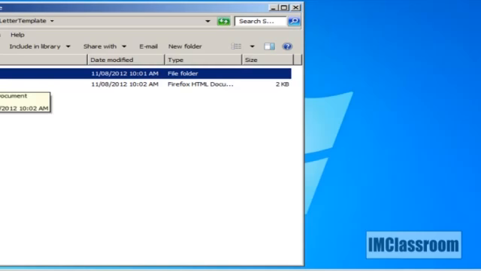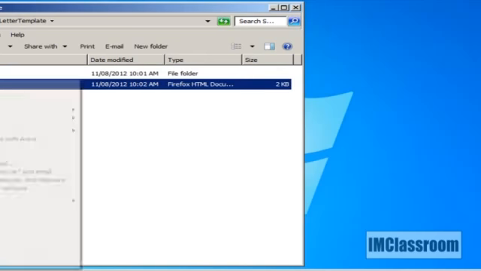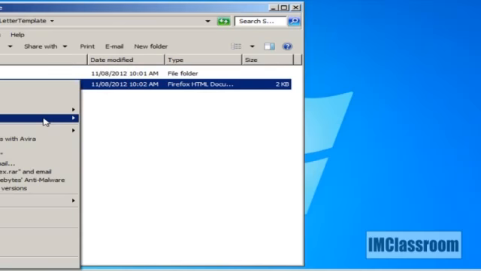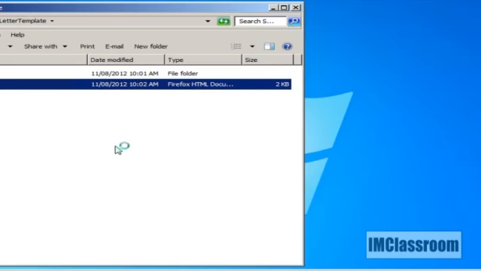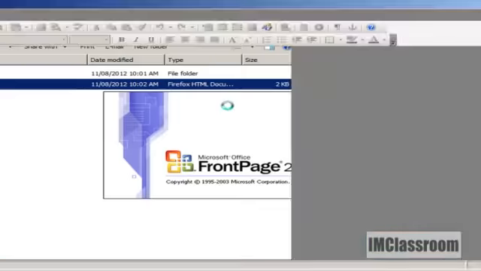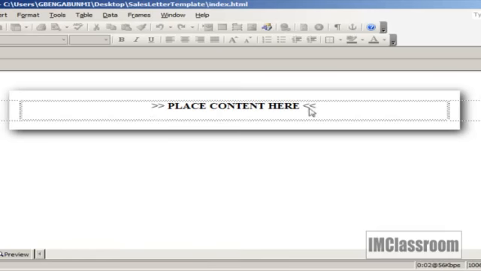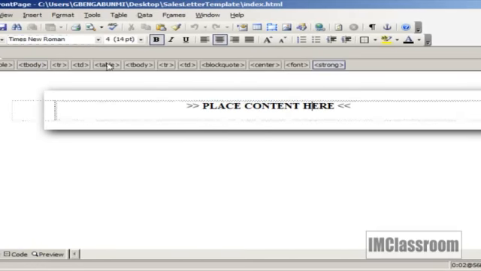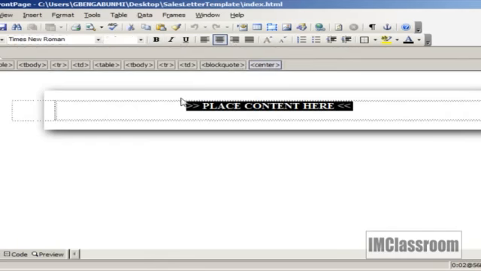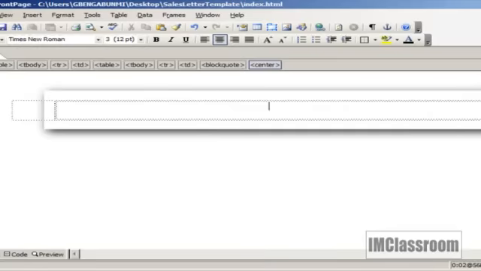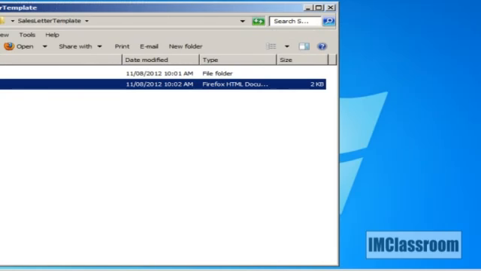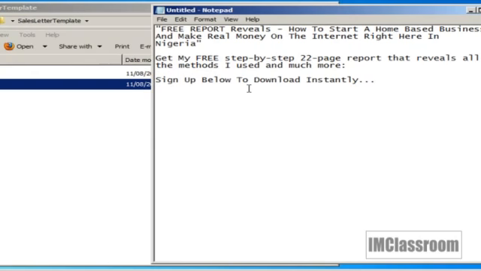So for us to use this template to create our own squeeze page, all we need to do is right click on it and choose open with Microsoft Office FrontPage. Remember, in previous lessons I taught you exactly how to get one of these. Basically, this squeeze page template enables us to edit content, so we can delete that off. And if we minimize that for a moment,